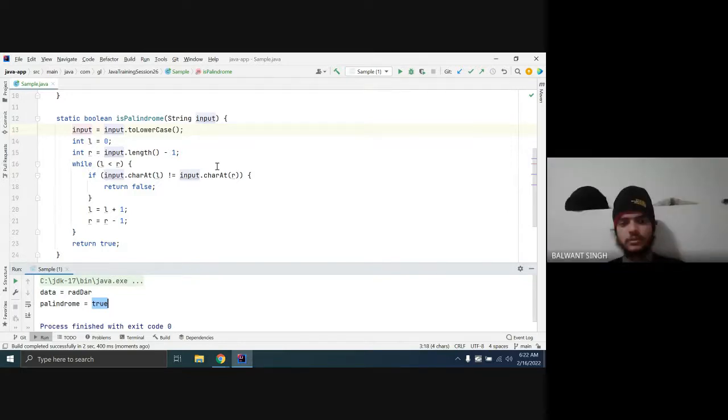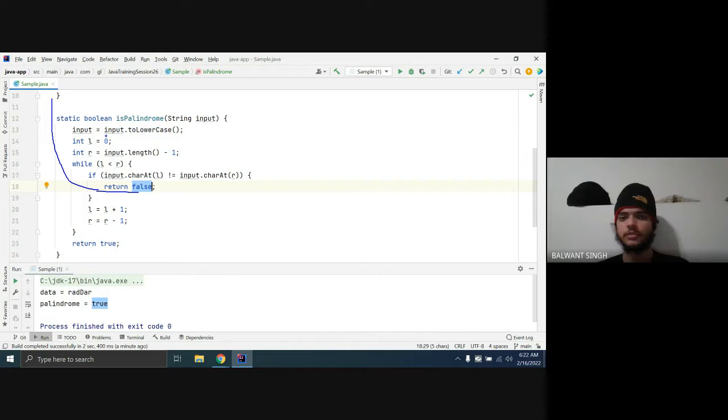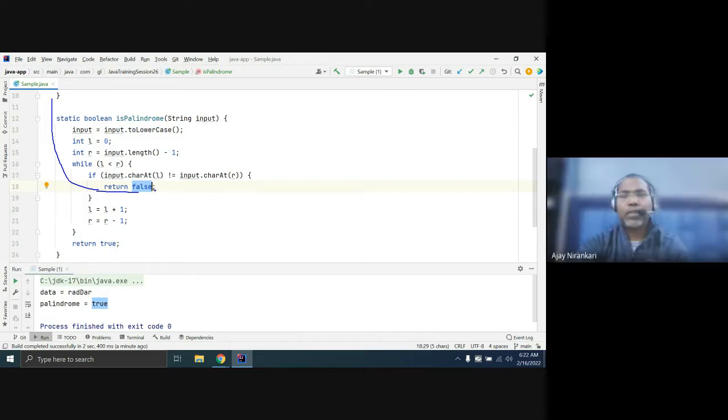Yes. And sir, one more question. If we return inside the while loop over here, then the loop would run, I think, just one time and it would return and we will come out of the method. Yes. Whenever you write the return keyword, that means from here it goes outside of the method. The method is over at that point, your loop breaks, and your method breaks also.